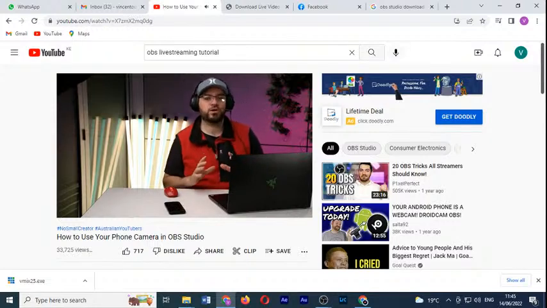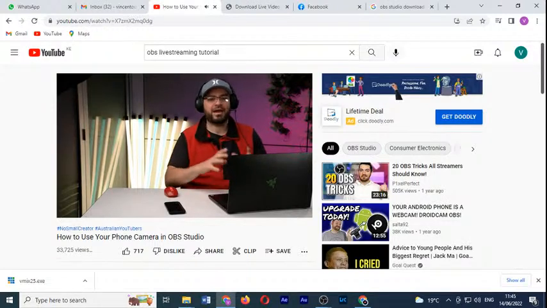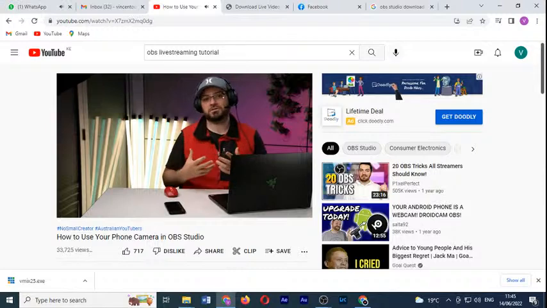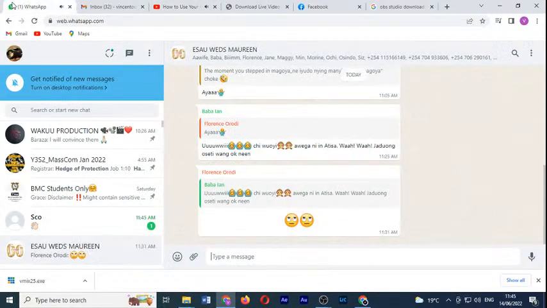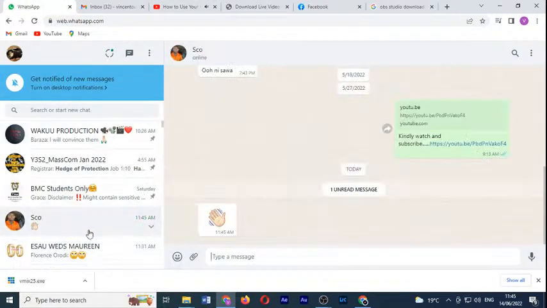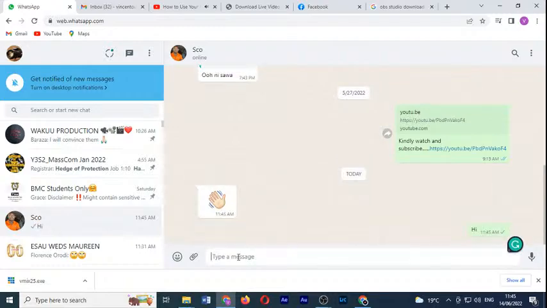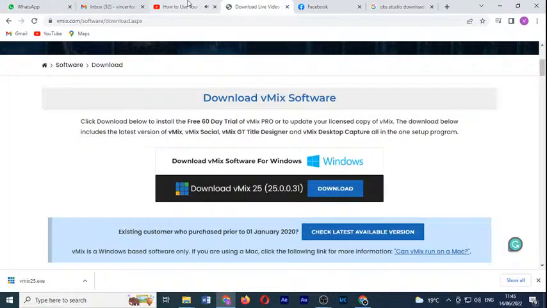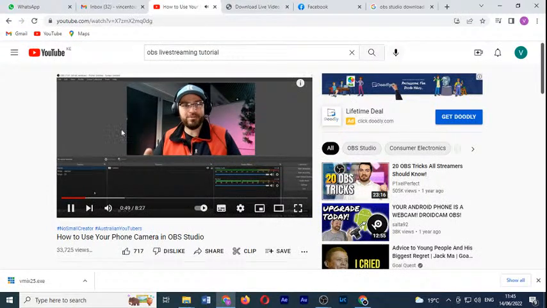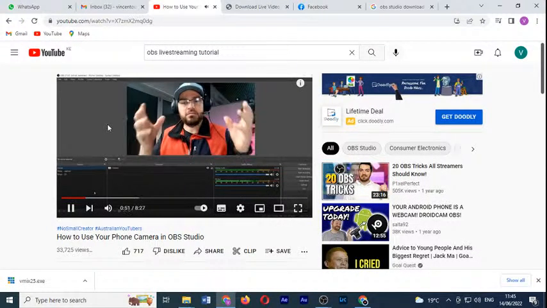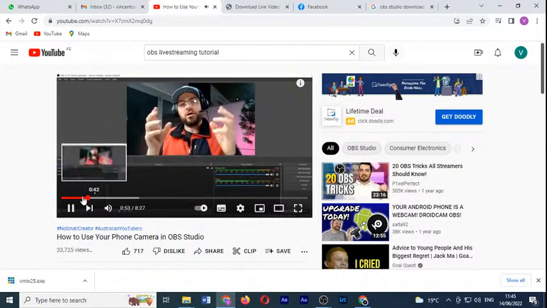Today I'm going to be talking about OBS Studio and a little bit of a function that I've only personally learned about in the last month or so, and that is being able to use my phone's camera in OBS as like a B camera, and that's pretty amazing. If you don't know about the platform itself, OBS is basically this. I mean, I've got a basic setup at the moment, and this is a piece of software that allows